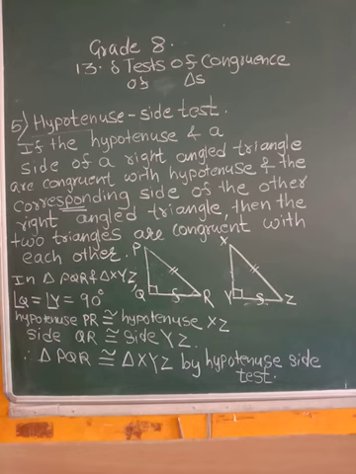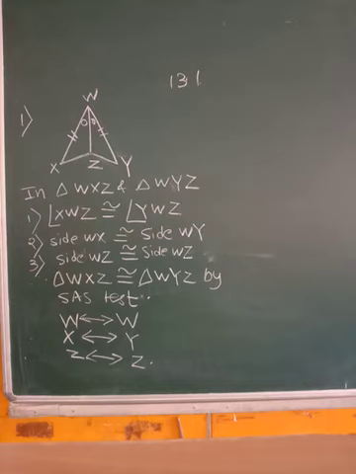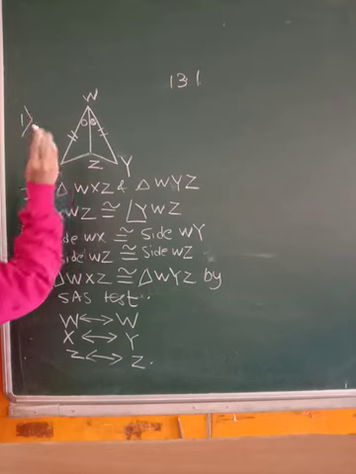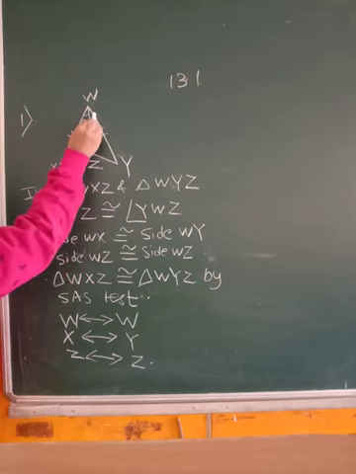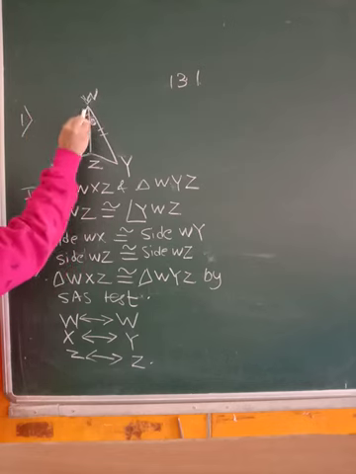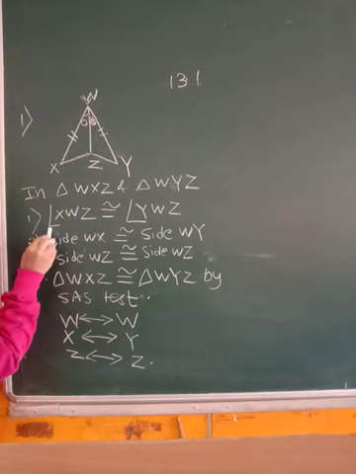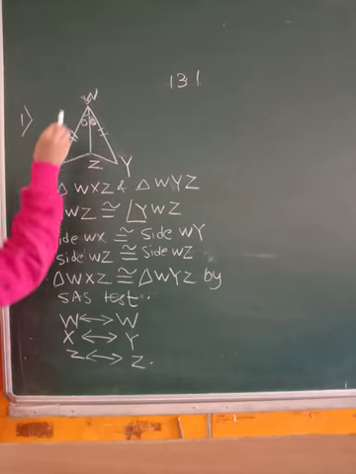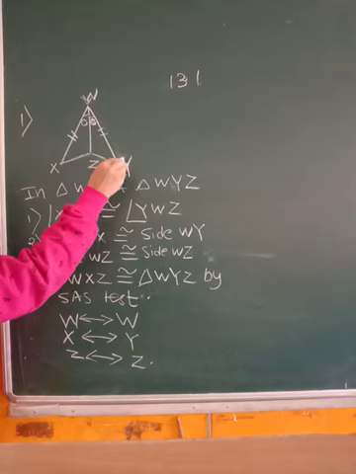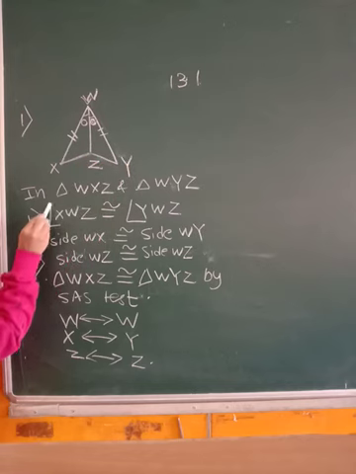Let us go for 13.1, first problem we will do. Now see 13.1 first question. 2 triangles are given, you can see they have given equal marks. That means this angle is equal to this angle. Both are given at vertex W. Here are 2 angles. So I have specified that in triangle WXZ and WYZ. First is this is angle and this is triangle. You please look very carefully.